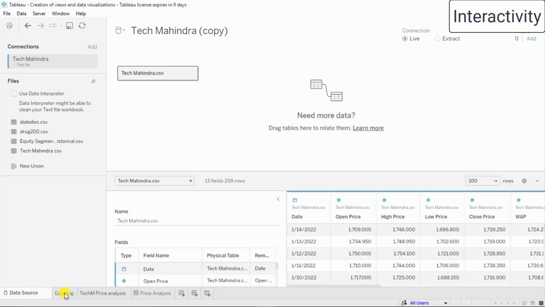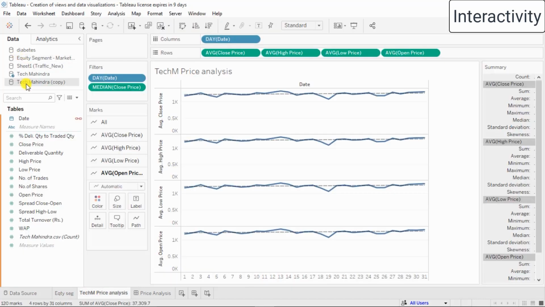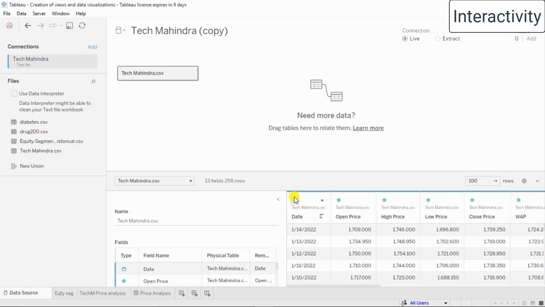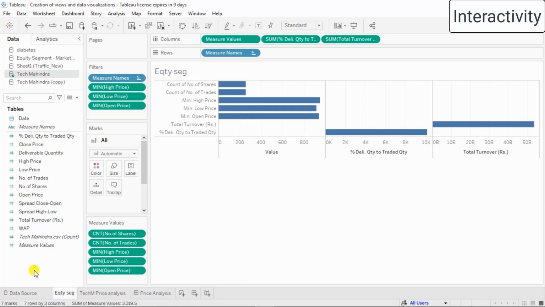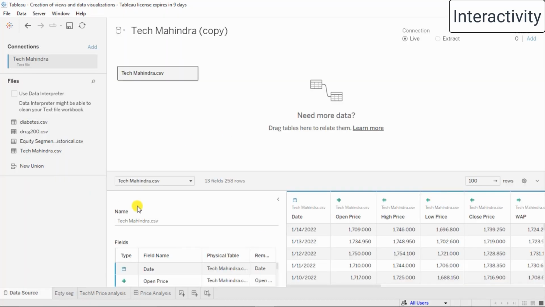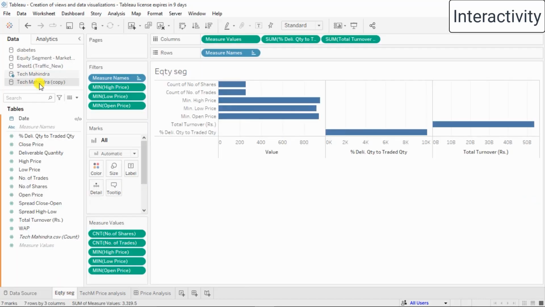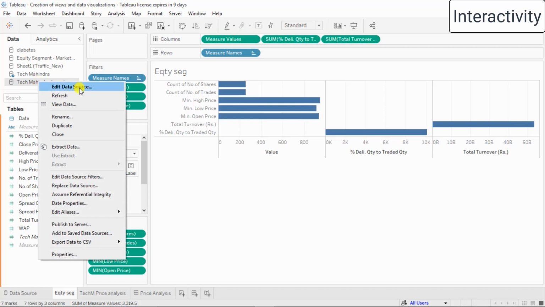So if I go to the tech and price analysis, this sheet that I have created, in the duplicate sheet we will be able to edit the data source. We can view the data, we can refresh, we can also extract this data